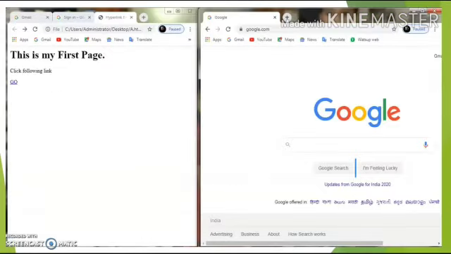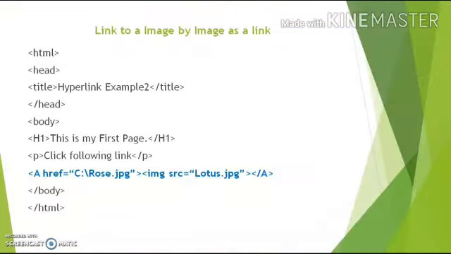Now as you can see in the output, go is by default in blue color and underline. When I will click on go, I will directly jump on Google web page. Example of link to an image, by image as a link. HTML, head, title, title tag close, head tag close, body, heading tag, p tag.